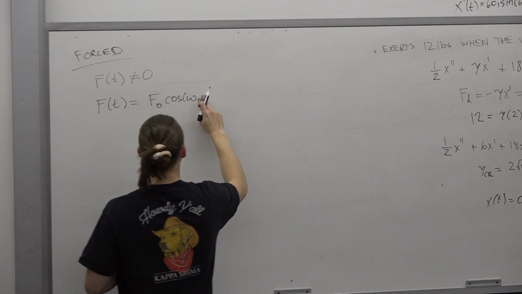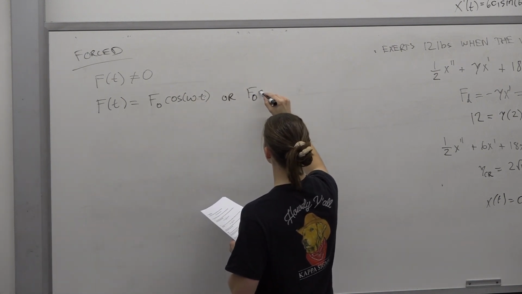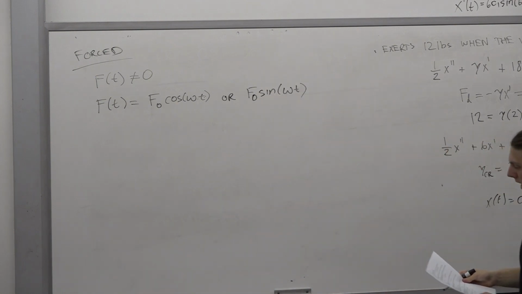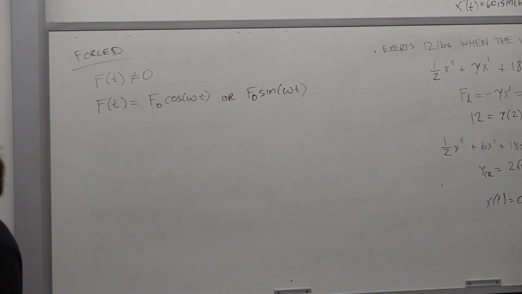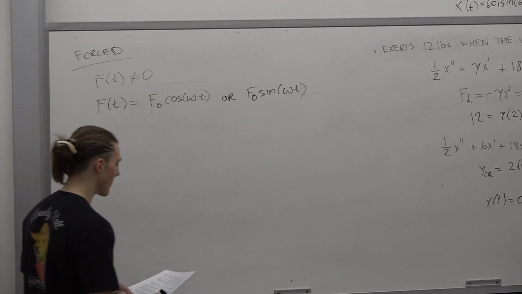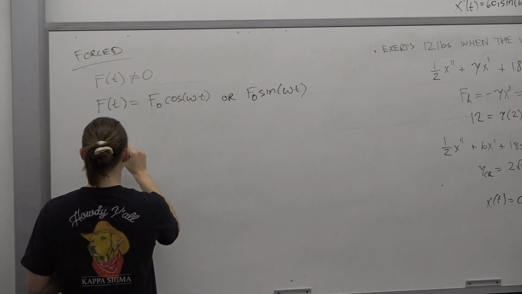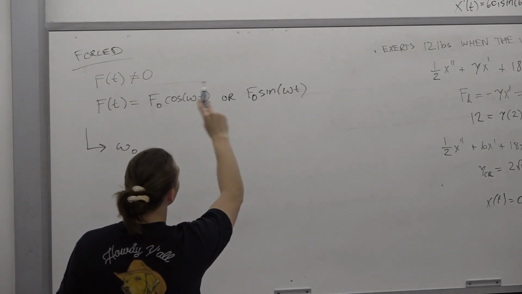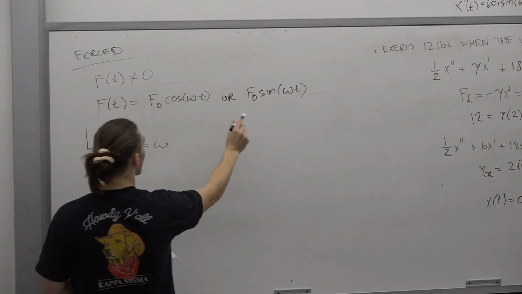cosine omega t or f naught sine omega t, or a combination of them. And when that is the case, there are like two special rules. First is, if our resonant frequency that we solve for way up there equals this omega,